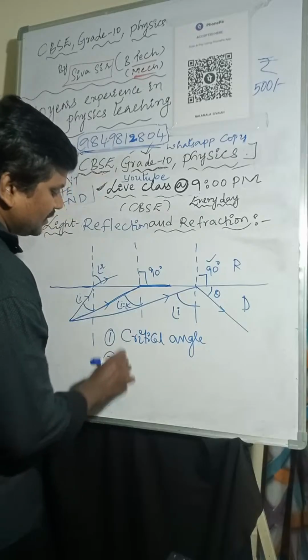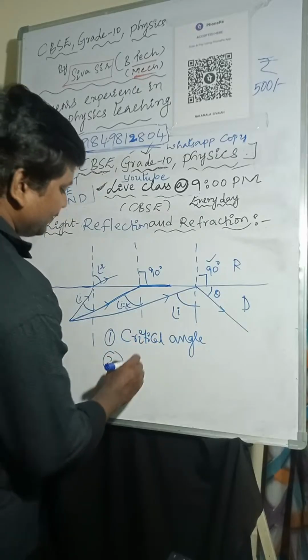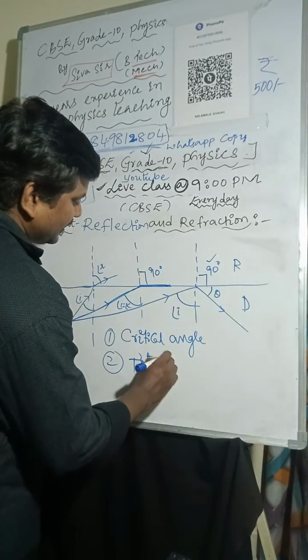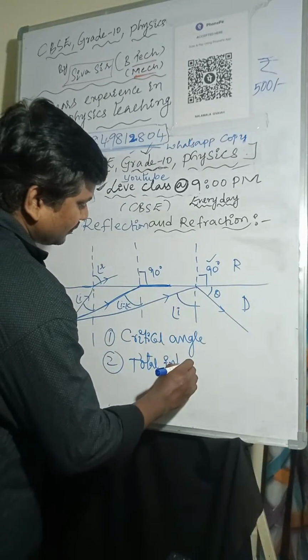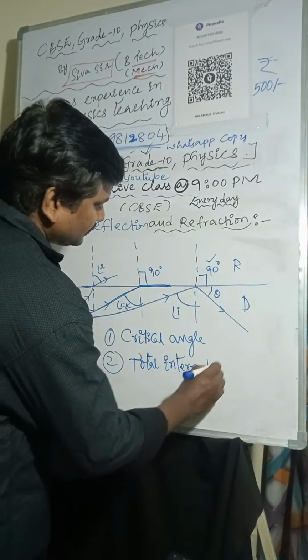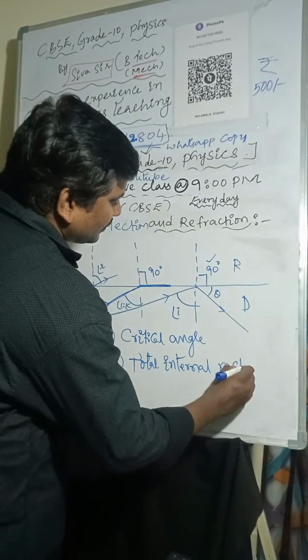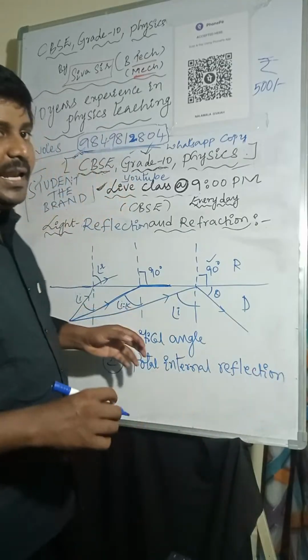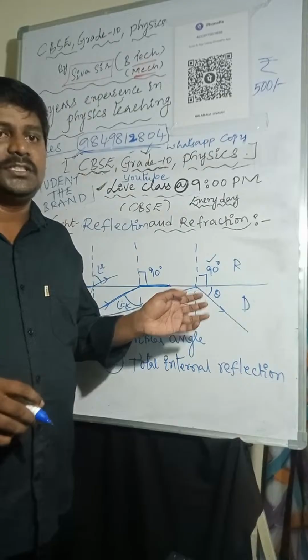Second one, total internal reflection. Critical angle is nothing but the angle at which